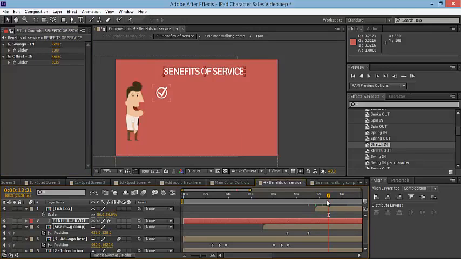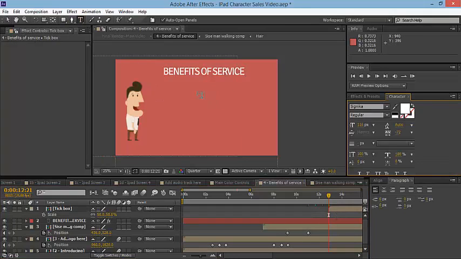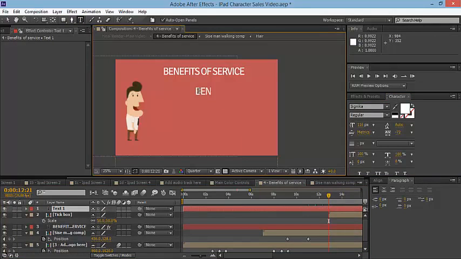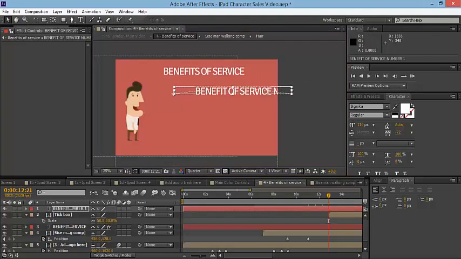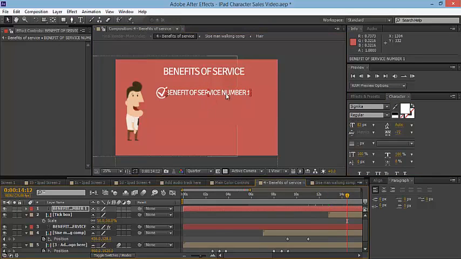So it's probably for benefit of service, about once it starts animating, then bring the tick box over to that point, so about there, and we want to create the text for that. So let's say benefit of service number 1. Okay, cool. Control Enter, and what I'm going to do, grab the selection tool and just drag this across, and I'm going to make this text a little bit smaller as well. So let's just drag that down, maybe something like 83. Click on the selection tool and position that where we want it. Okay, cool. So I'm going to drag this a little bit across,